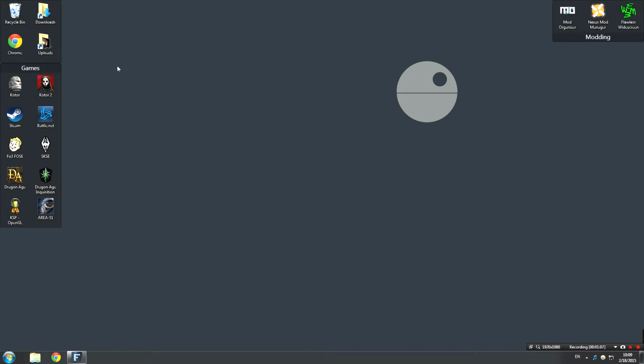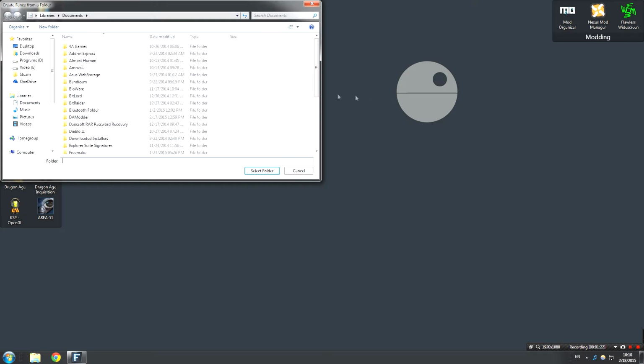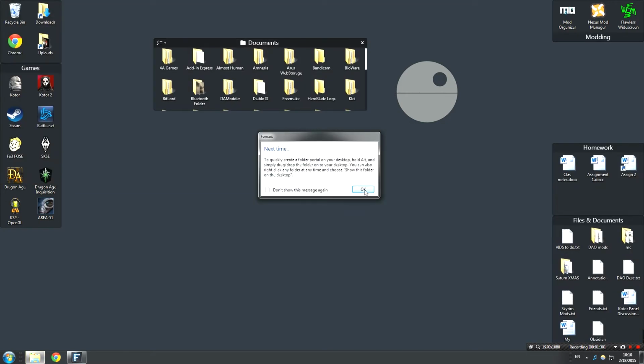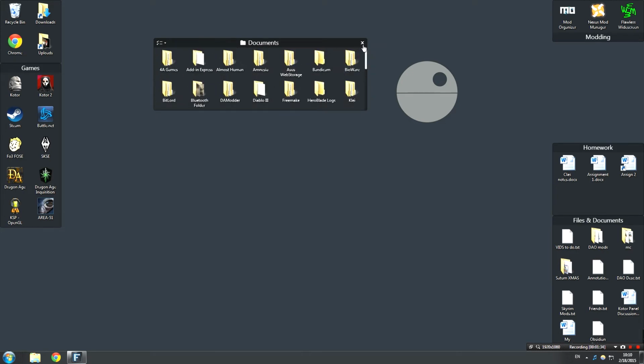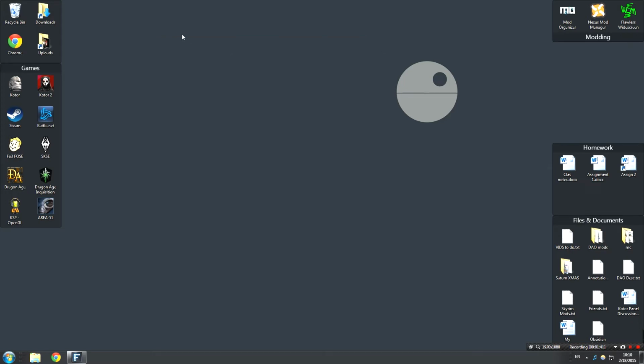So now that I've given you a brief overview of Fences, I think it's time for us to dig in and look at it in a little bit more detail. First up, you can pretty much create a fence anywhere by dragging and dropping a box, and you can create either a fence or a folder portal. A folder portal basically allows you to open up a different folder. So I can select the Documents folder here, which will allow you to quickly access anything you put in your My Documents folder. Obviously, I don't want that right now, but if you would like it, you can have it. You can basically do this for any folder.